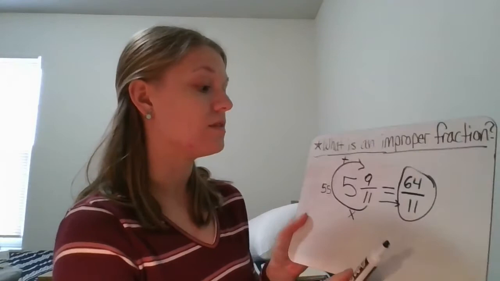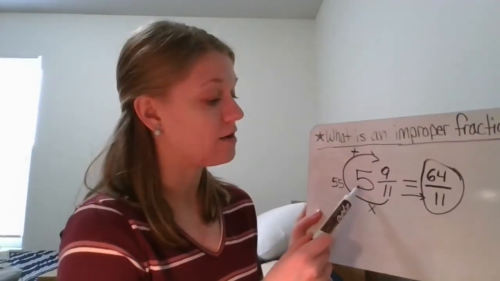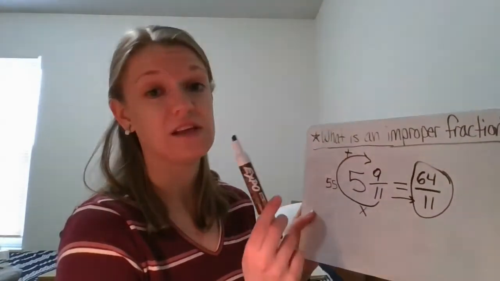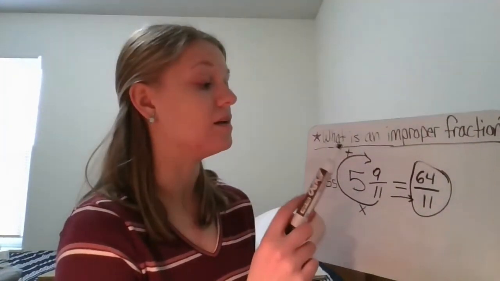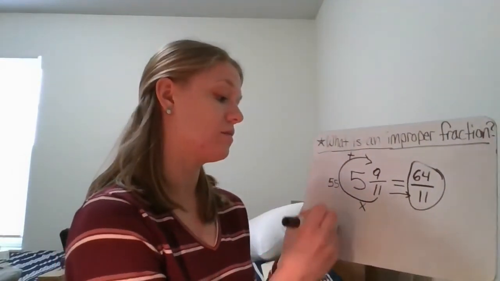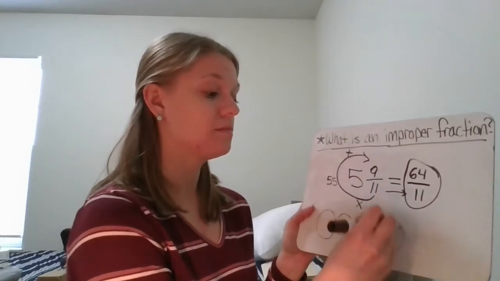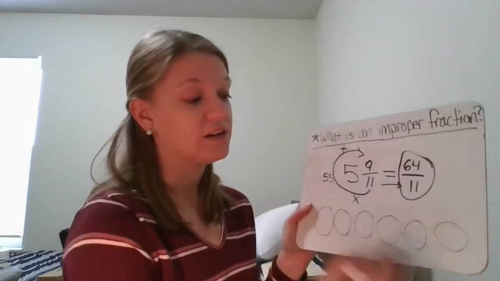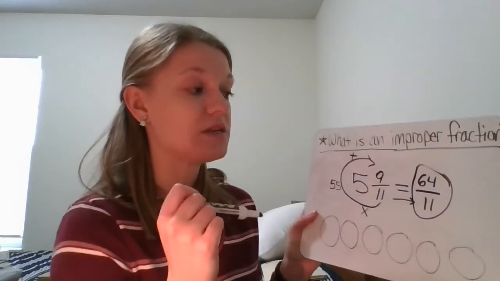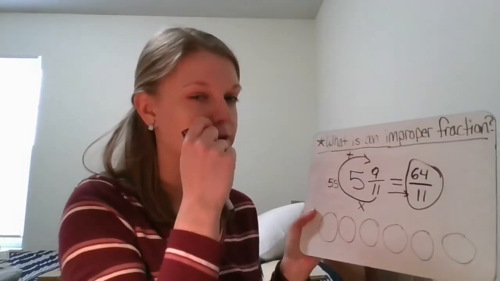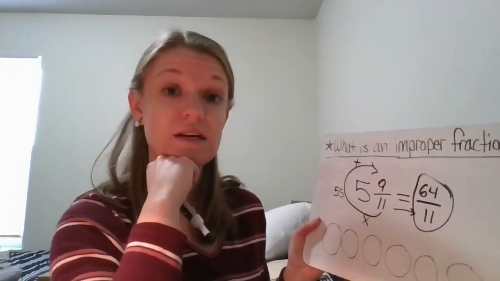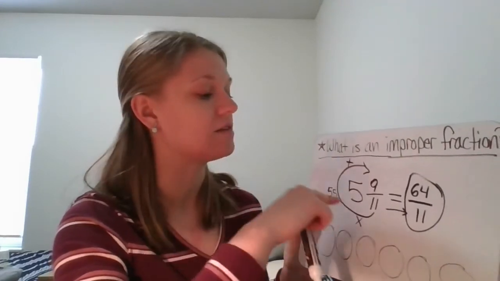Okay, so what that means is that 5 whole pies would be gone, and 9 of the 11 slices would be gone in the 6th pie. So there would be 6 whole pies. They're each cut into 11 pieces, and 64 of those pieces are being used. So that's kind of where an improper fraction makes a little bit of sense, because it tells us exactly how many pieces